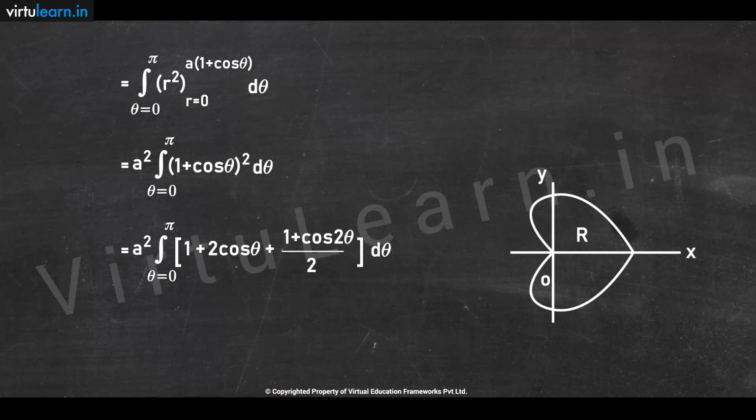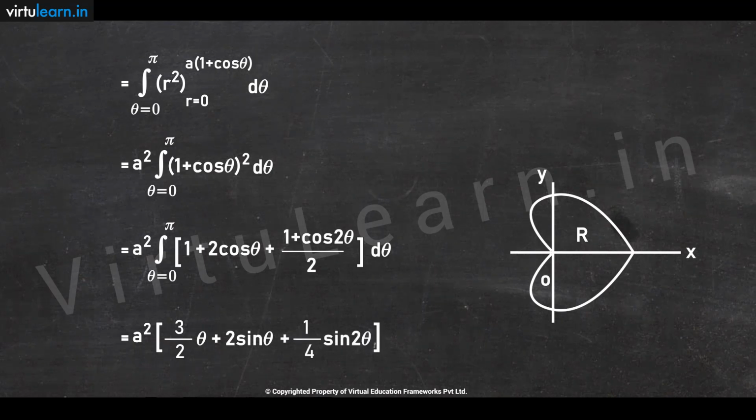Then we integrate to get a square into, we have got 1 plus 1 by 2 in the earlier integral, that becomes 3 by 2. So 3 by 2 into theta is the integral for it. Integral of 2 cos theta is 2 sin theta. Integral of cos 2 theta by 2 is 1/4 of sin 2 theta. The limits are 0 and pi. On substituting the limits, you get 3 pi a square by